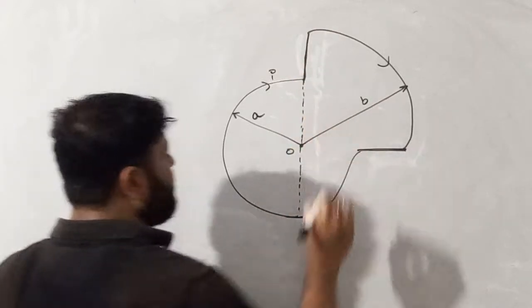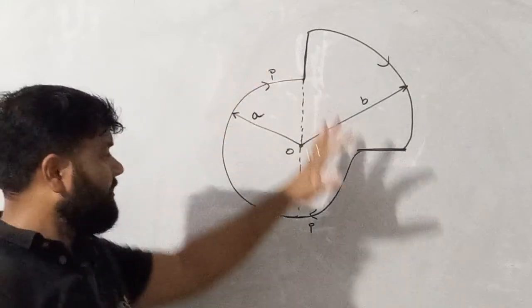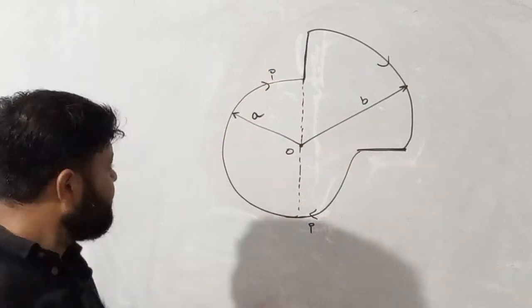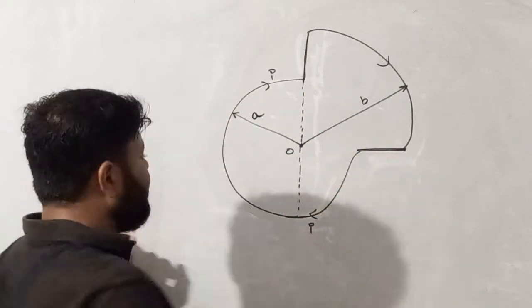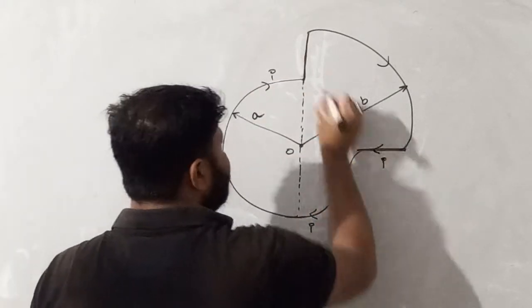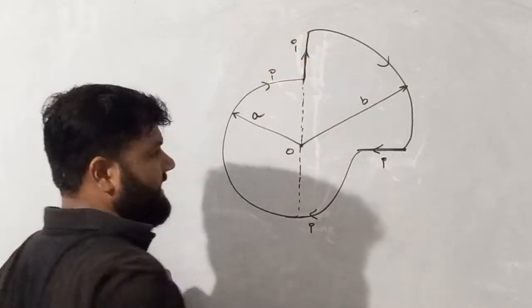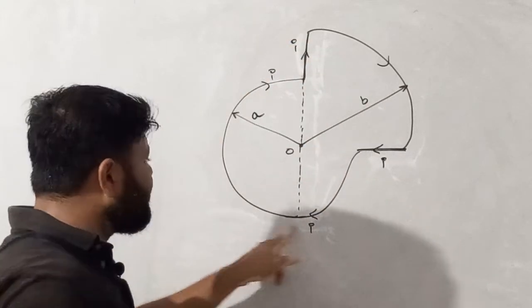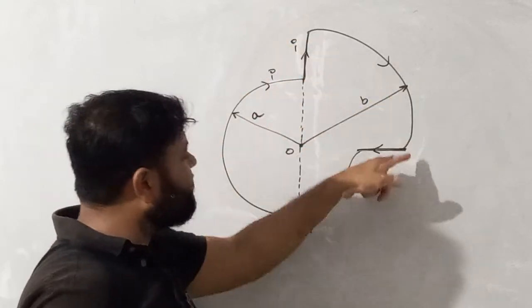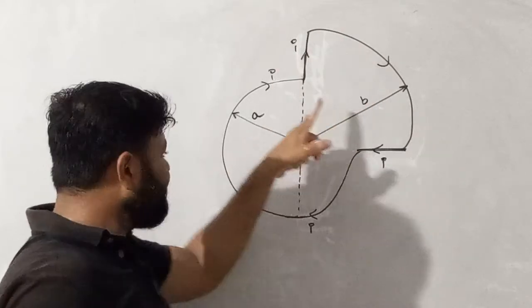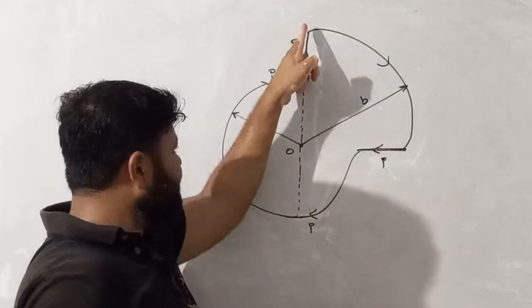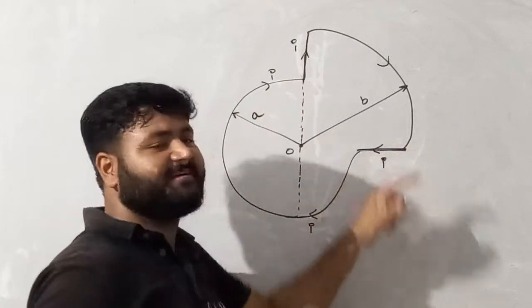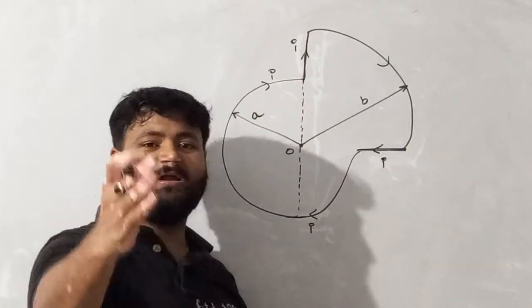Try to understand the concept for solving these types of questions. This is a plain wire. This is also a plain wire. In this wire current is I, in this wire as well current is I. This is basically a semicircular arc. This is 1/4 part of an arc. So basically this is one structure, this is another structure, this is another structure, and this is another structure. I hope you all are understanding.